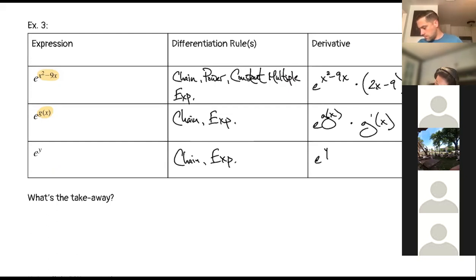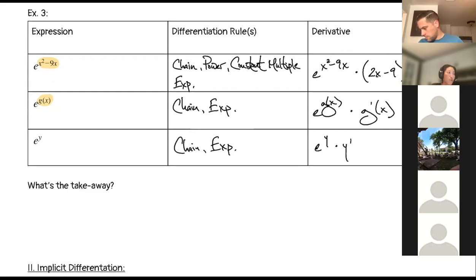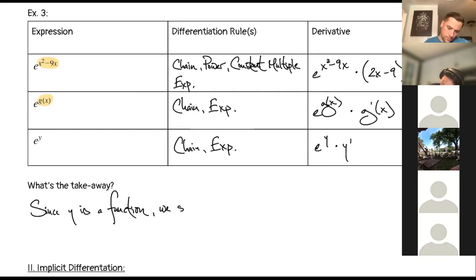Good, e to the y times y prime, okay? Good. All right, so what's the takeaway? We kind of wrote this earlier, but since y is a function, okay, so since y is a function, we should use chain rule